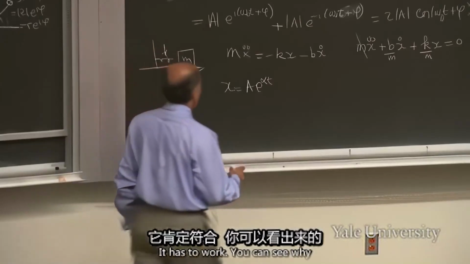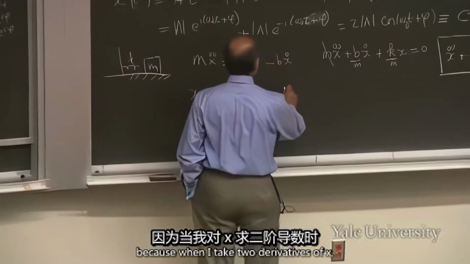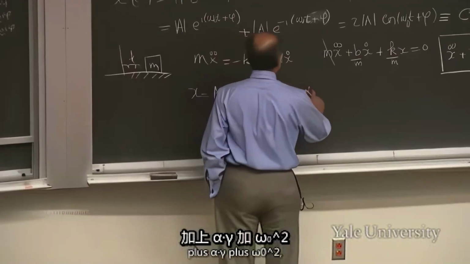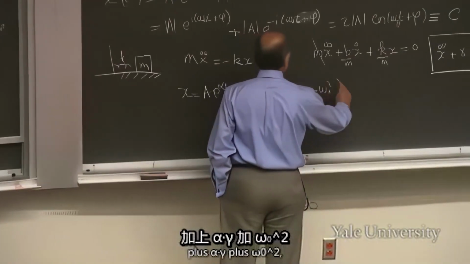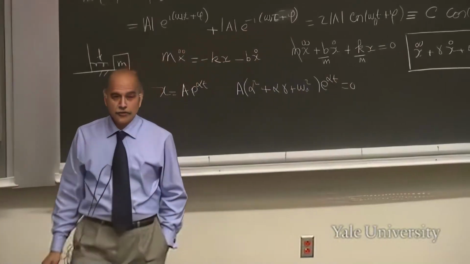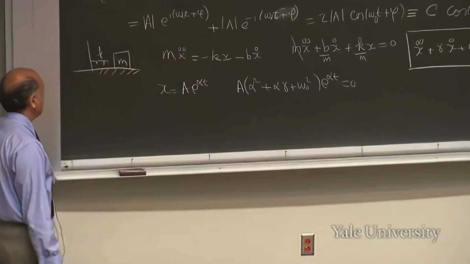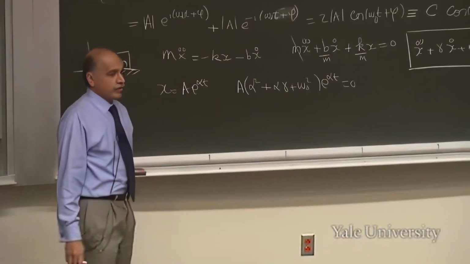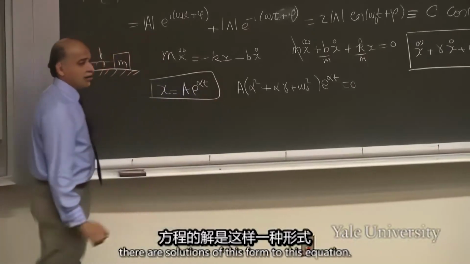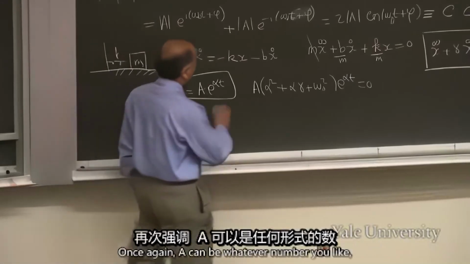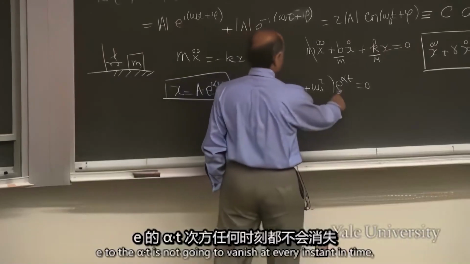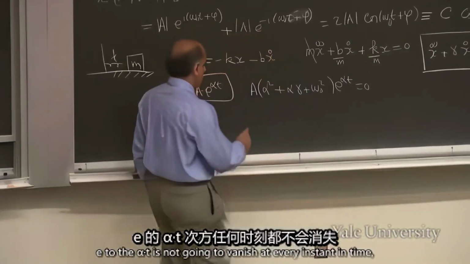Let's see how it'll work. It has to work. You can see why. Because when I take two derivatives of x, I will get alpha squared. Let me pull the A out of everything. Plus alpha gamma plus omega 0 squared, times e to the alpha t, equals 0. So what we learn is, yes, there are solutions of this form to this equation. Once again, A can be whatever number you like, because if A vanishes, you kill the whole solution. e to the alpha t is not going to vanish at every instant in time, so the only way is